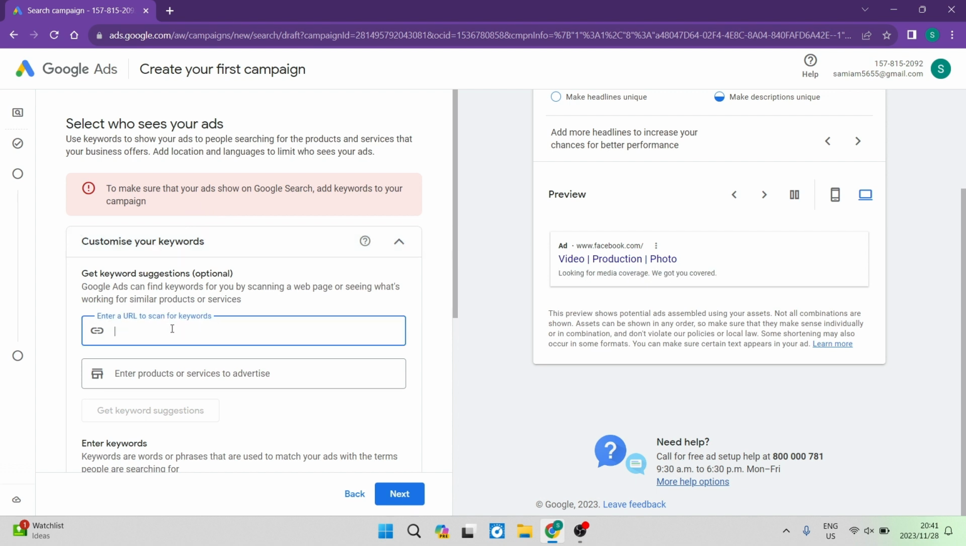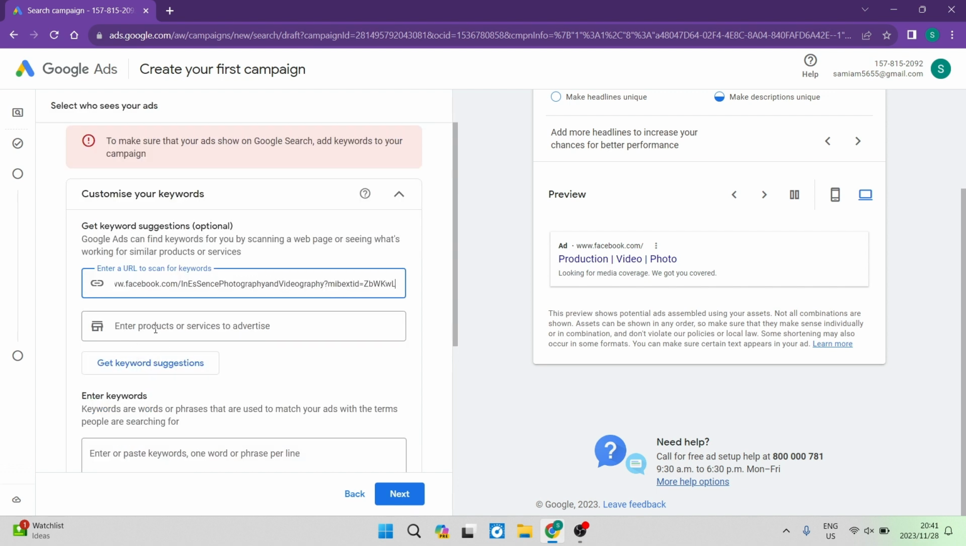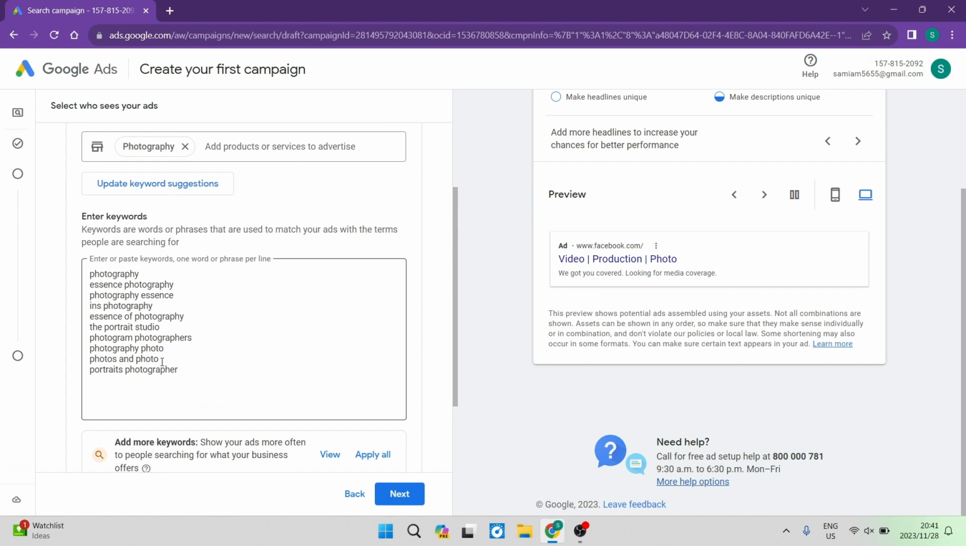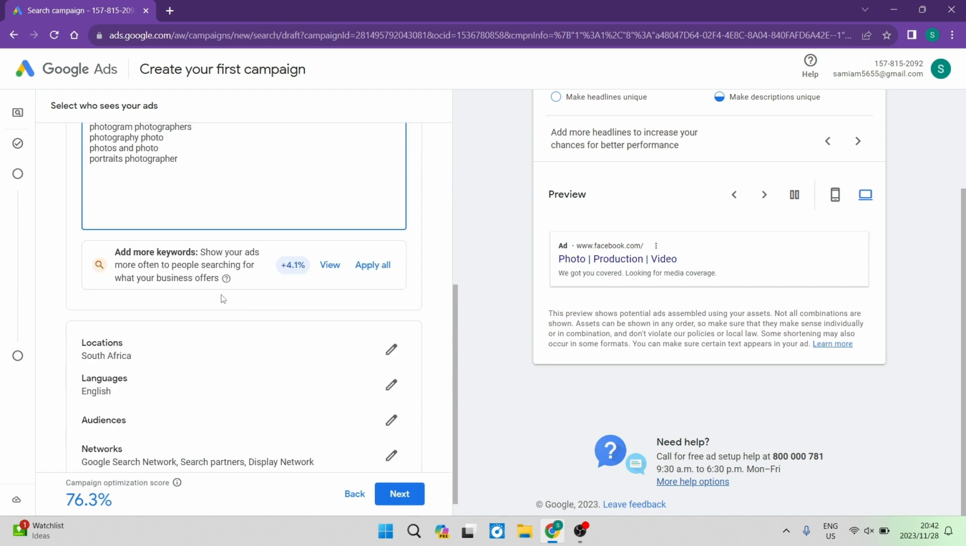You can now enter your URL over here. And once you enter your URL, you can also enter your products and services. So we're going to go photography, and then we're going to go ahead and click on get keyword suggestions. So now you can see over here there are a few keyword suggestions, so we can just enter or paste keywords, one word or phrase per line. So here are now all of the keywords. You can just take out what you don't want,